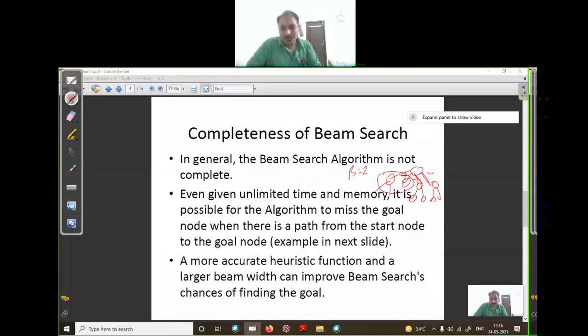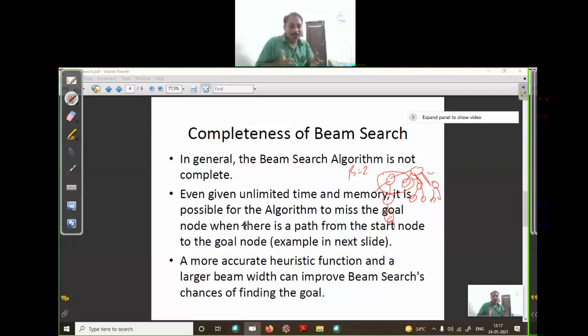But there's a chance the path to your goal is present in the branch which you pruned. Is it clear? You pruned those nodes, and maybe your goal is present in that node. So beam search is not complete.